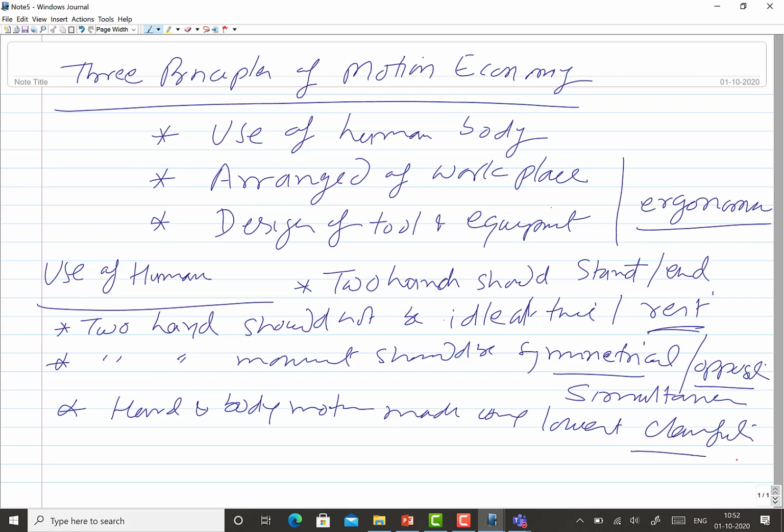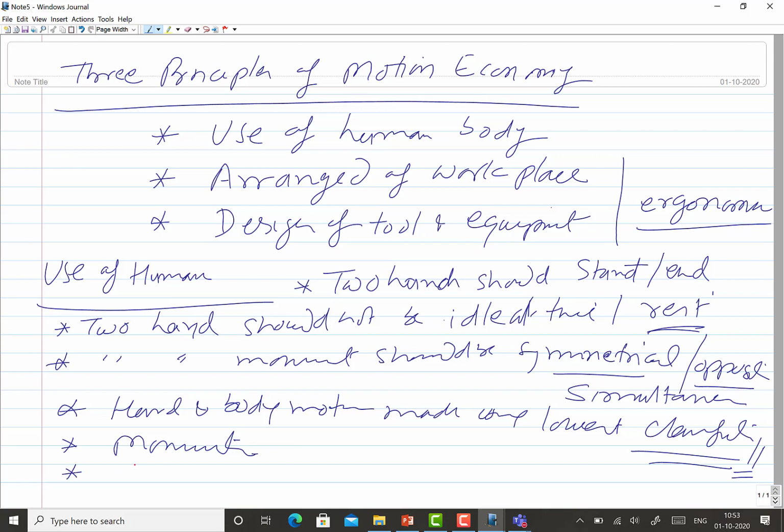Okay, so this needs a little clarification. When I use the PPT, I'll clarify what the lowest classification is. Then whenever possible, use momentum so that the effort put in by the worker is reduced,